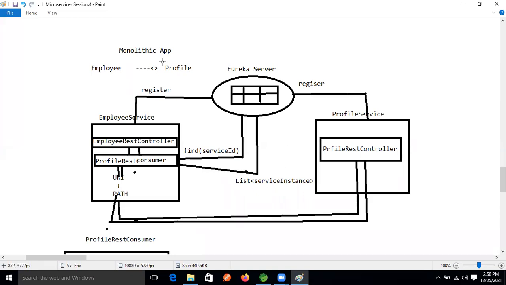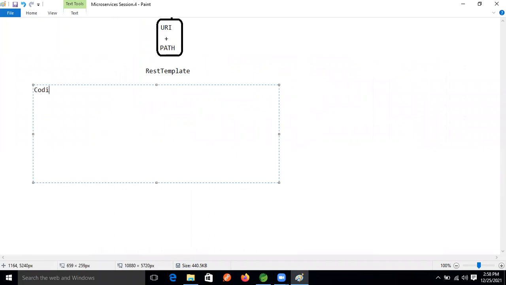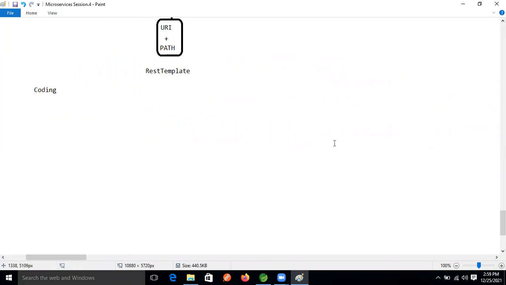Okay, so now let's do the coding, guys. First we will develop our Eureka dashboard. Last weekend I showed it, right? Yes, sir, that Eureka view also.